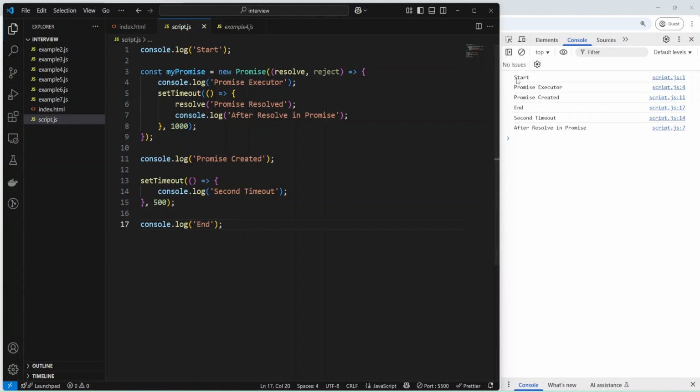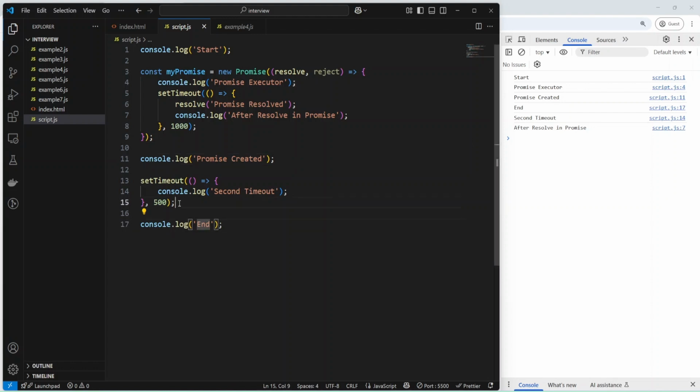As you can see, we have start. It's our call stack, and then we have the promise executor. That's because we are creating the promise during the call stack, and for now we haven't called this promise. Then we have promise created, and then end.